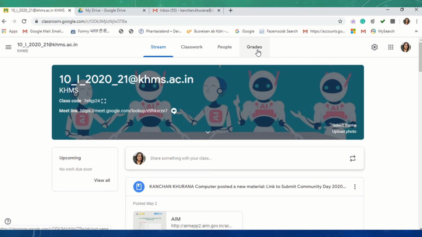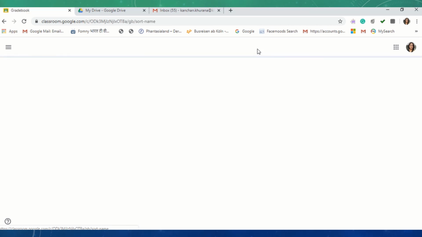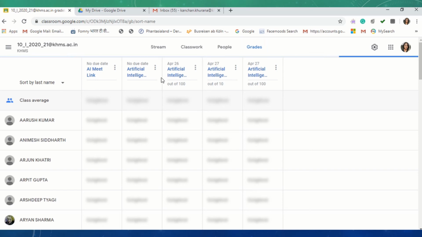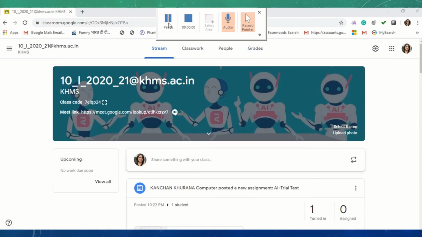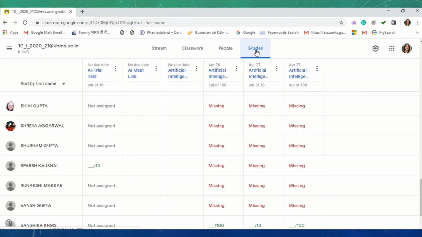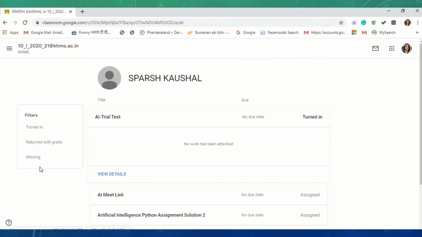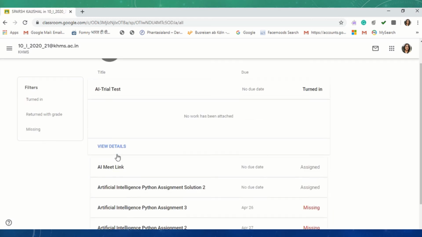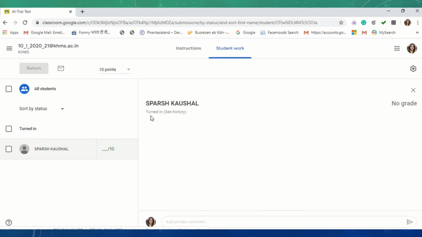Now I'll tell you how you will import the grade. Now go to the grade section. Now I will show you how to import grades in your grade book. Click on the grade tab of your classroom. As I have assigned my AI trial test to only one student, that is Sparsh Kaushal, click on his name, view details. As he has submitted his test,